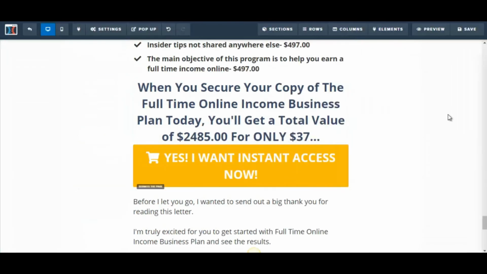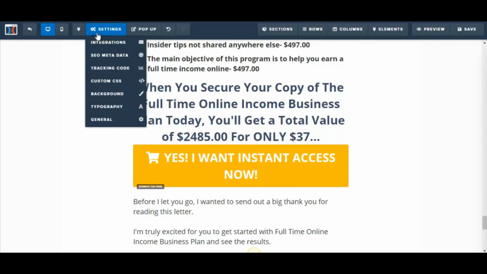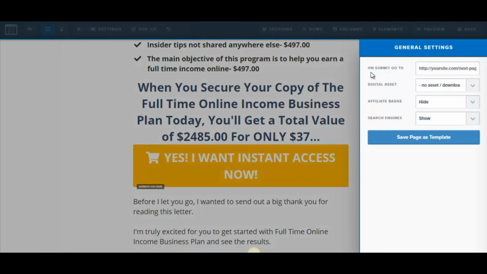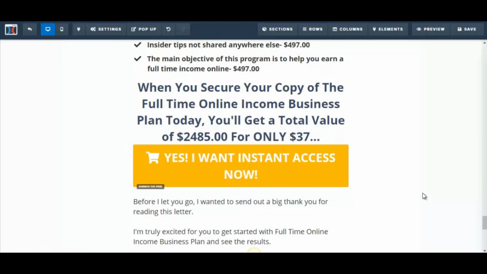And in order for an order to be submitted, you need to go to the settings here and click on general, and where it says on submit, go to, and you could enter the URL of the checkout page if you're using a different platform. Now if you want to use a different button, what you could do is